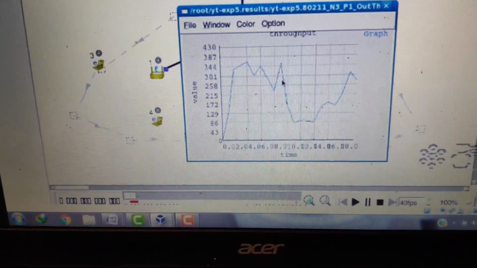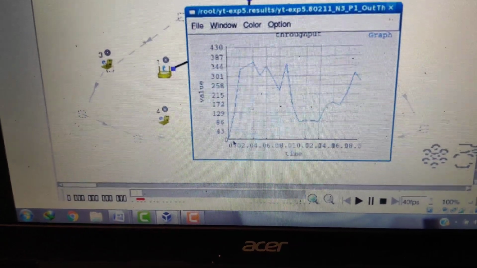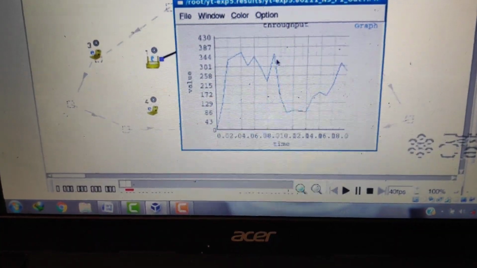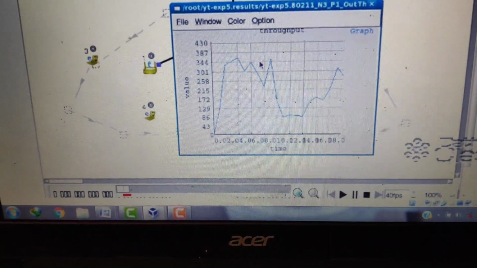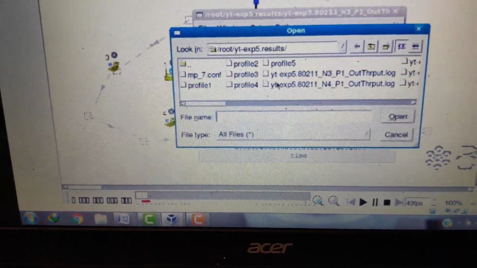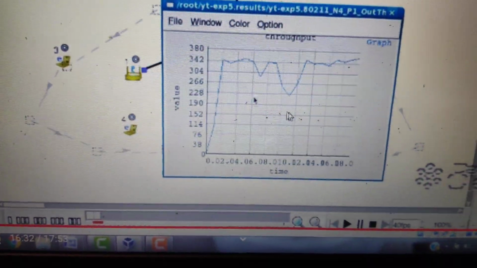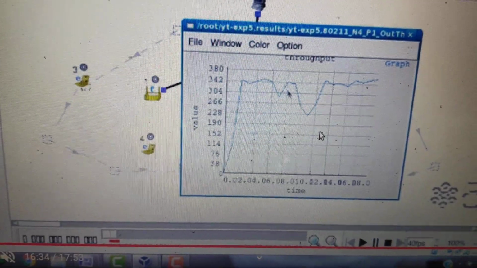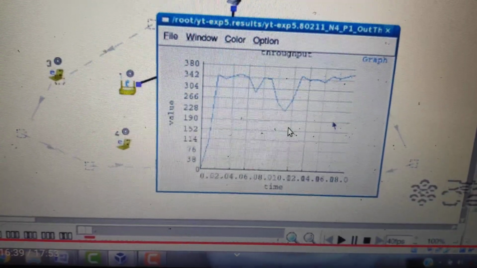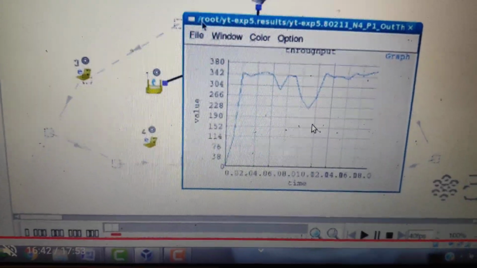The second way of showing the output is to just click on the throughput file and observe the minimum value and the maximum value, what is the time that we are getting, and all those things. You have to note some of the values and plot them. So these are the two ways in which you can show the output of this particular experiment. Like this, there are n number of log files, so you can click on any of the log files and run this particular experiment. So this is how you run the experiment and show the output.